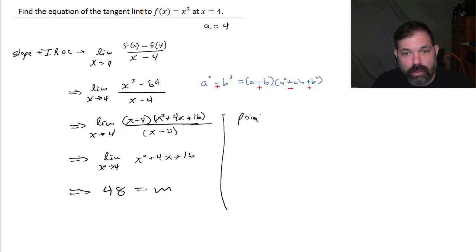All right, so what's the point on the curve? Well, we actually, in a sense, already figured out the point. It's 4, f of 4. Right? The point is (4, 64). So then the equation of the line